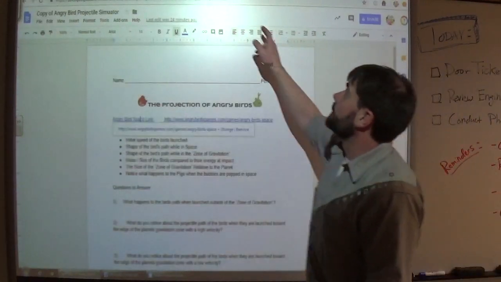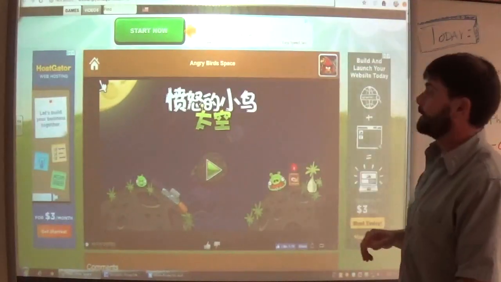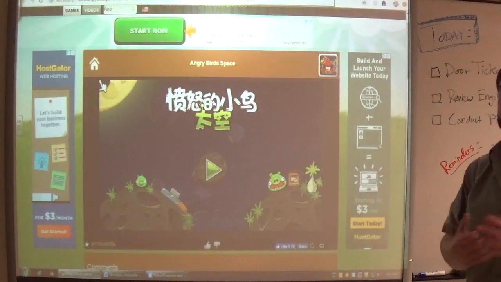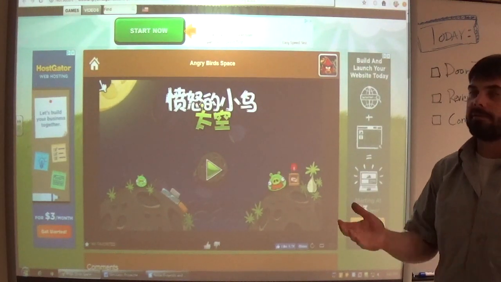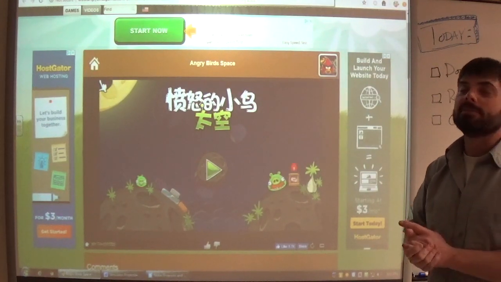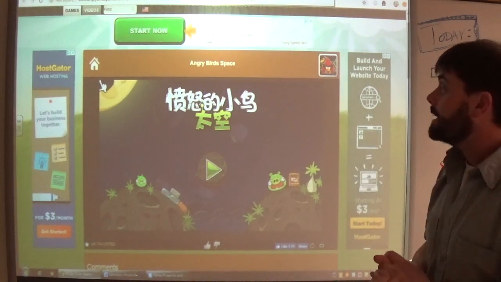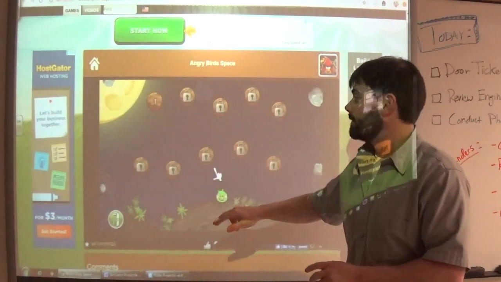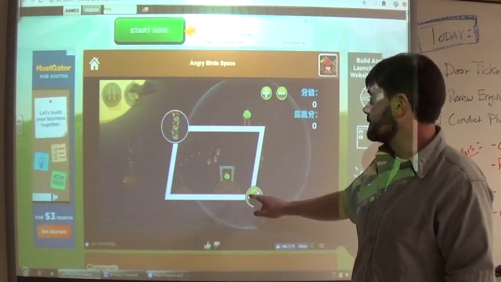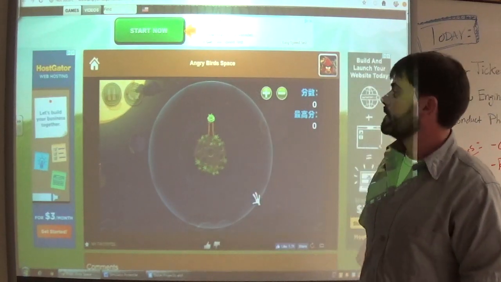When you open up Angry Birds Space, it will look something like this. If you have difficulties loading this, you can maybe search. There are a lot of free versions of Angry Birds Space, but please make sure you're playing Angry Birds Space, because when you do get inside of some of these levels, the whole idea here is that you see how